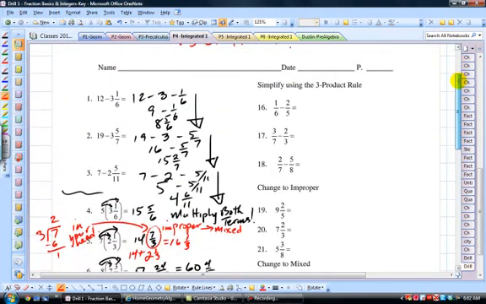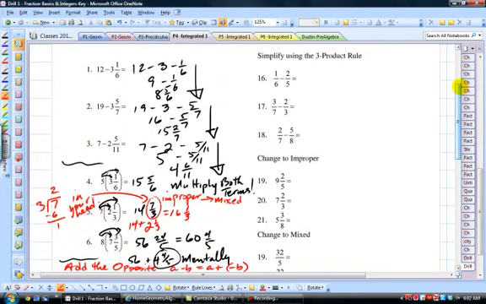Now let's learn something new here. Some, or actually a lot of people, have difficulty adding or subtracting fractions. I'm going to change this one here to plus, so fix this one. I'm going to show you a cool technique called the three-product rule used for adding and subtracting fractions, and it goes like this. Write this down: A divided by B plus C divided by D is going to be equal to